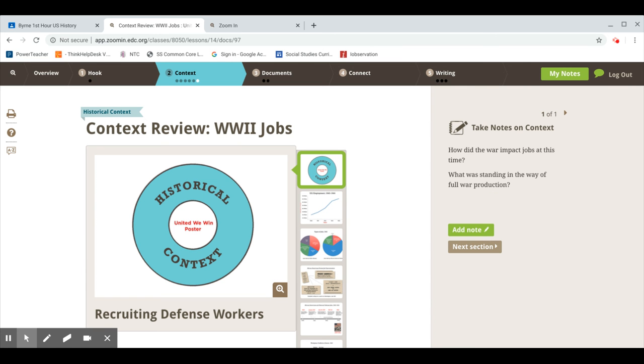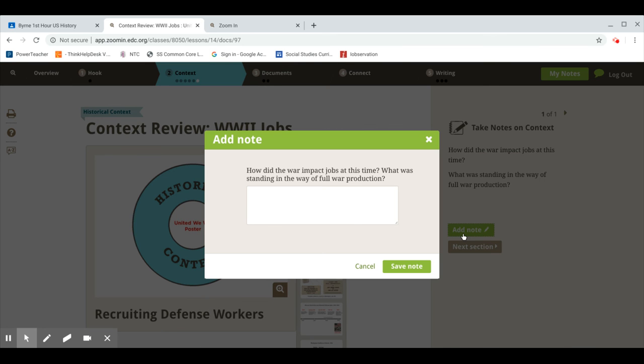When you get to the end of historical context, this is where you're going to take your first note. You add note here, the green, and this is where you're going to type in your answer. This is what Miss Byrne can read. So this is how I can see you've completed your work, and I can know that you're on